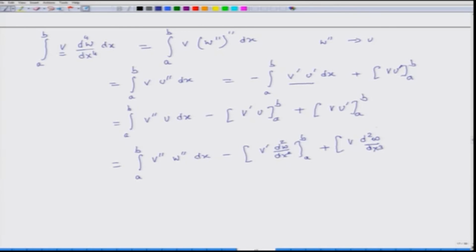Oh, actually this should be cube. A to B. So I will write down the left side also. V